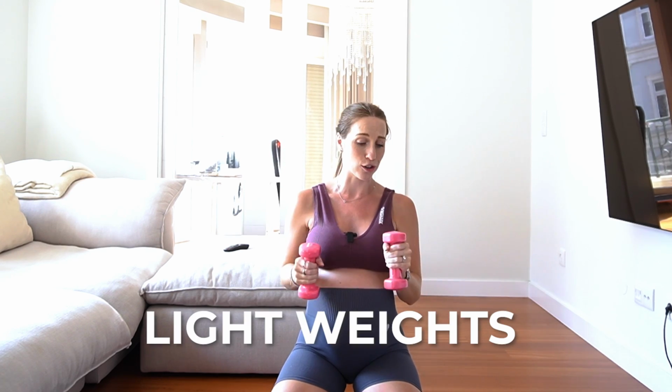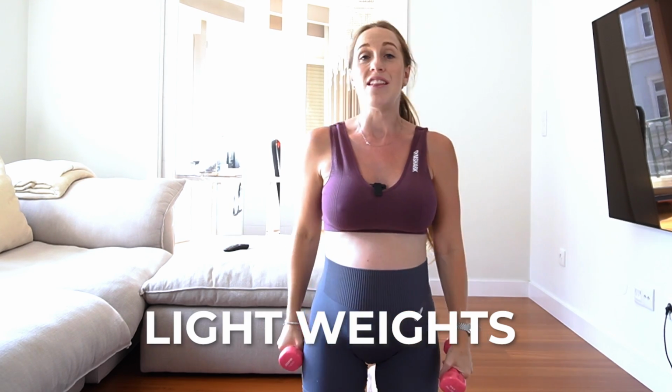And finally, for my first place, the home equipment I always recommend to people getting is a really small set of light weights. Now these are super light, they're 1.5 kg. That is the max I would go to. I do also have 1 kg, but I really love having these weights because I don't do an awful lot